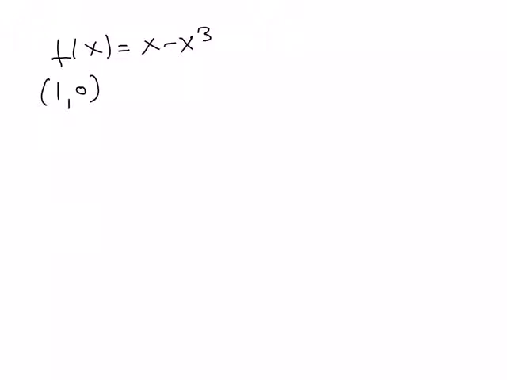And we're going to do the same thing, using the definition, using equation 1, and then finding the line. So let's first use the definition. So we have the limit as x goes to 1 of f of x, so x minus x to the third, minus f of 1, which is 0,